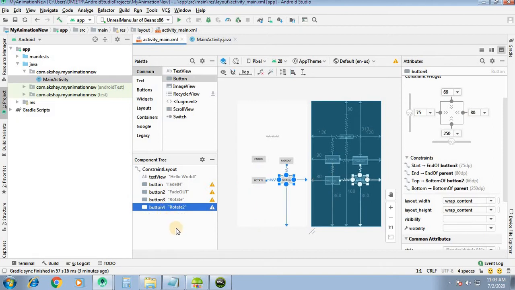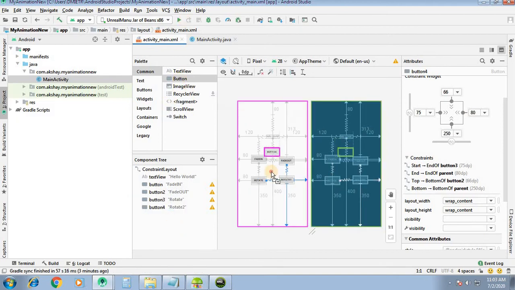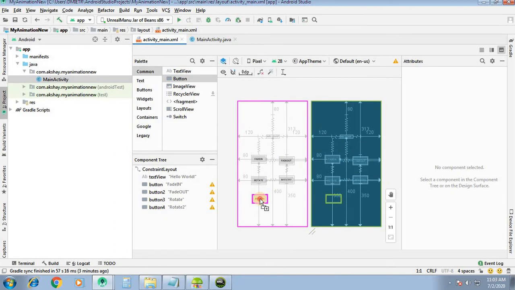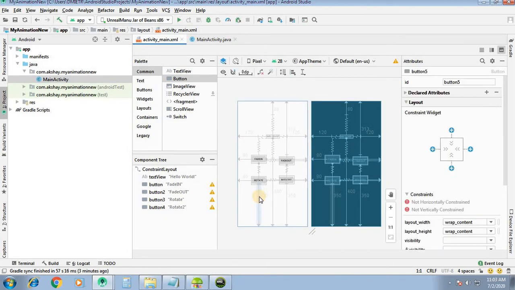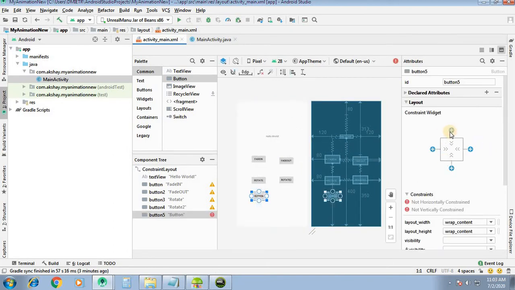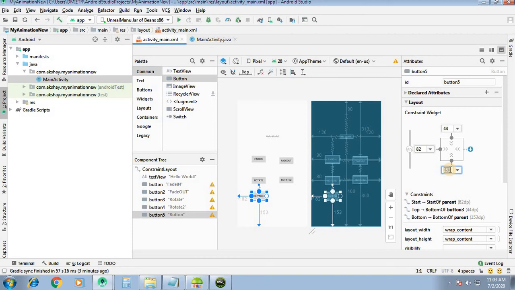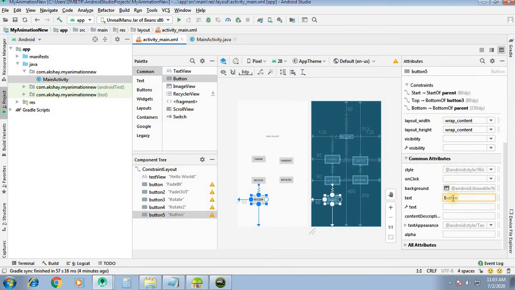Now the next button, we'll take 80, and this one is the zoom in.